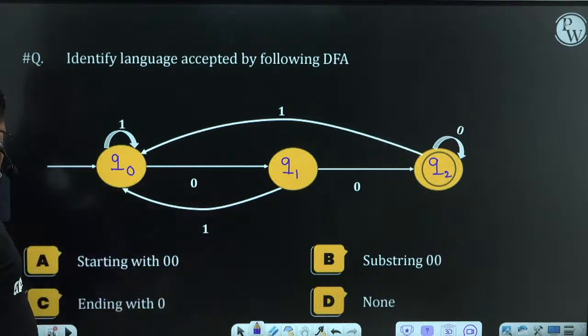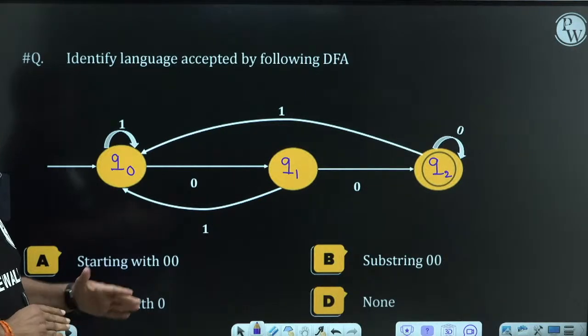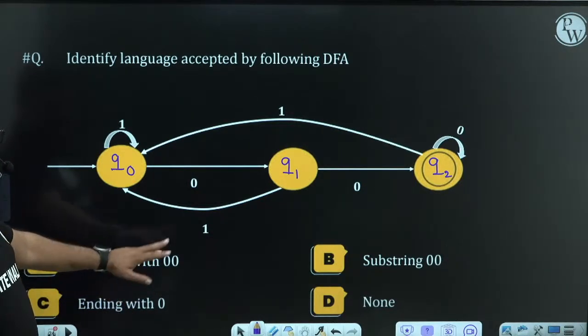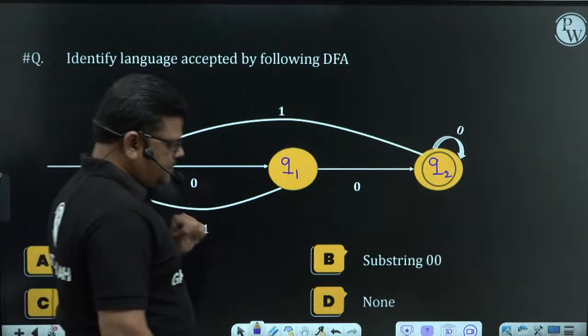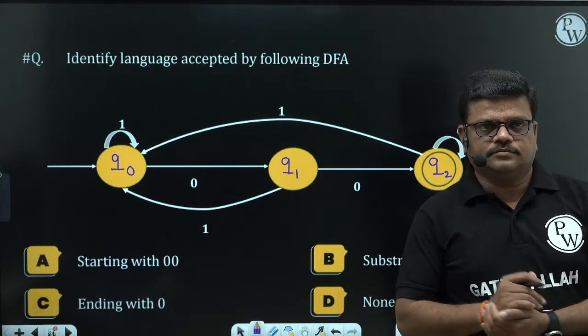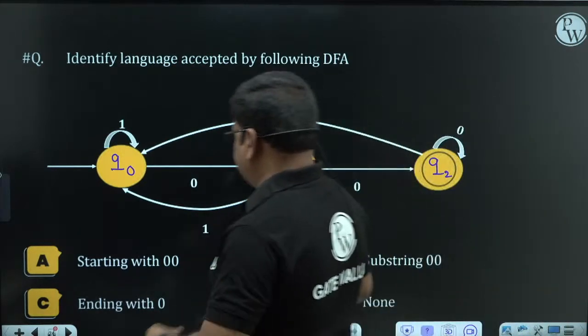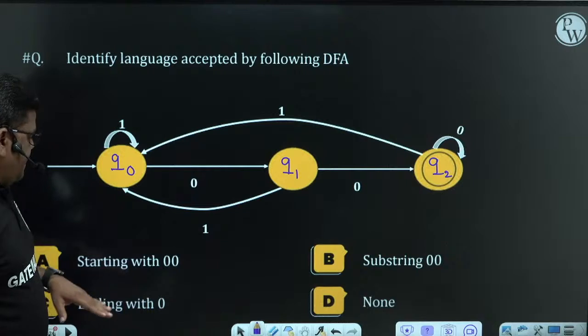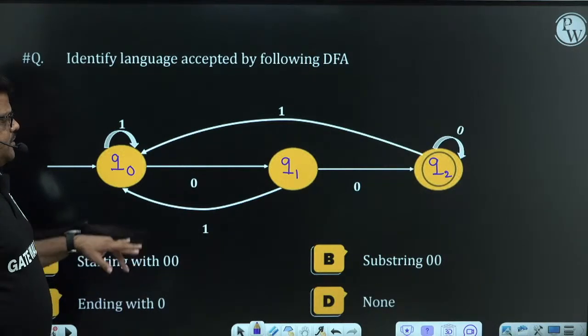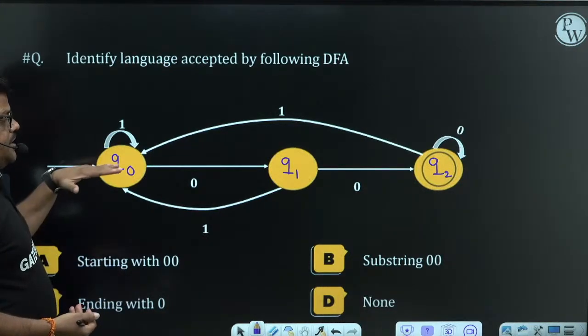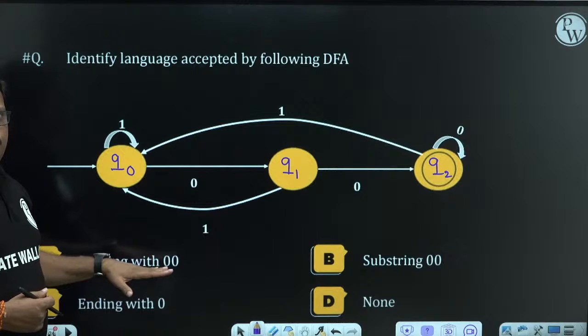Which option is the right one out of this? So option C is ending with 0, starting with 00, substring 00, D none. Right. So elimination. What is the language accepted by this DFA? Eliminate from options. The language of this DFA, whatever option you say is correct,